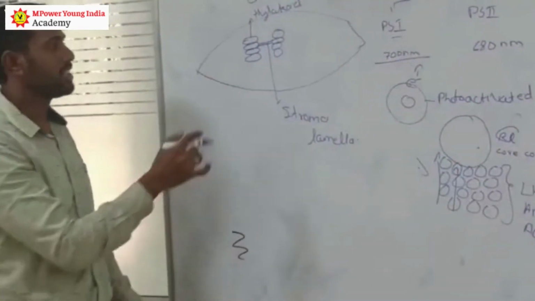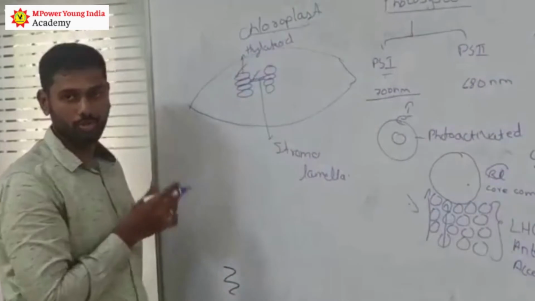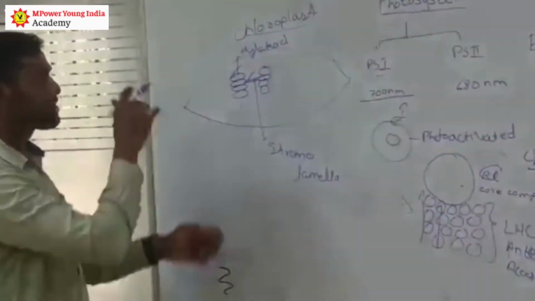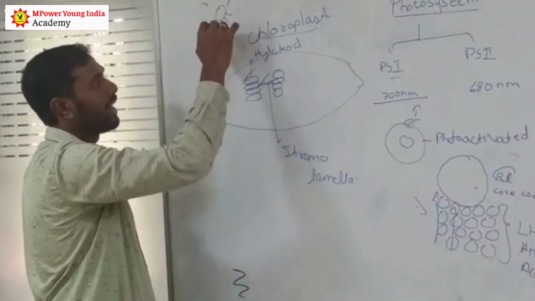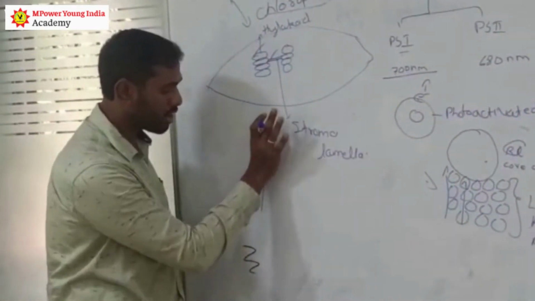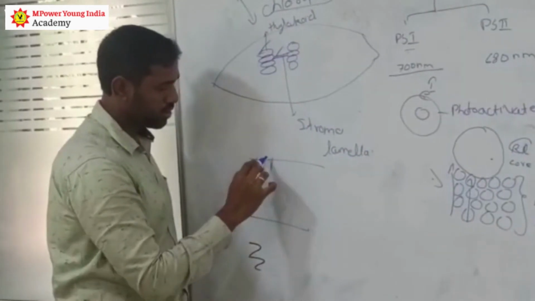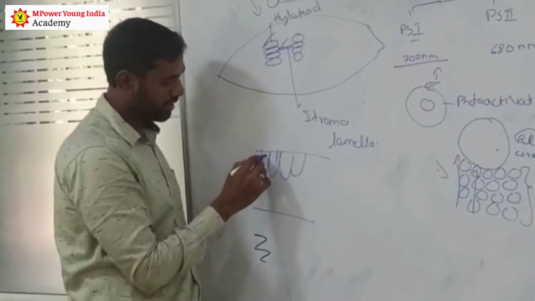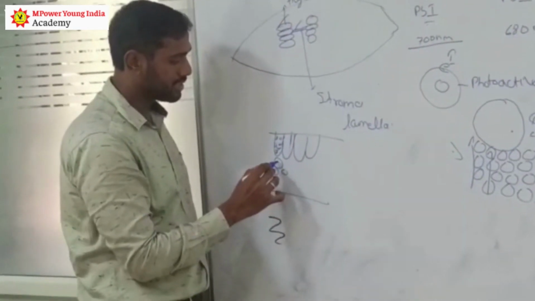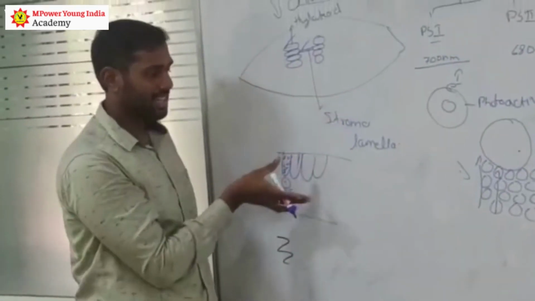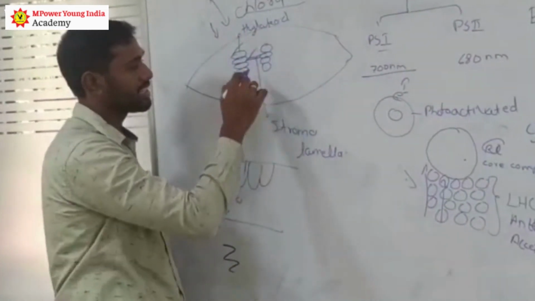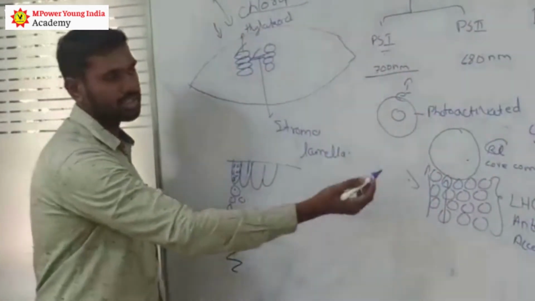Where will the photosystem be present? They are present in the thylakoids and stroma lamella. This is the place where the entire system is present, and this is the place where light is absorbed and activated. These chloroplasts you can find mostly when you take the anatomy of a leaf. For example, taking a dicot, you can find mostly the chloroplast in the palisade parenchyma and a little bit of chloroplast in the spongy parenchyma. This is where it is exactly located, where it absorbs all the light and transfers the energy to PS1 and PS2.